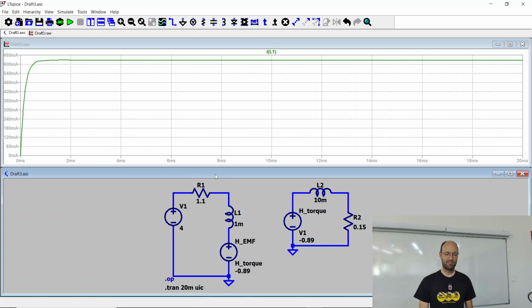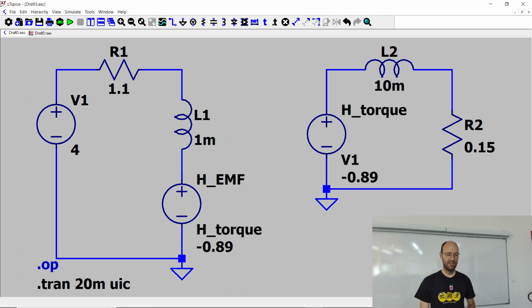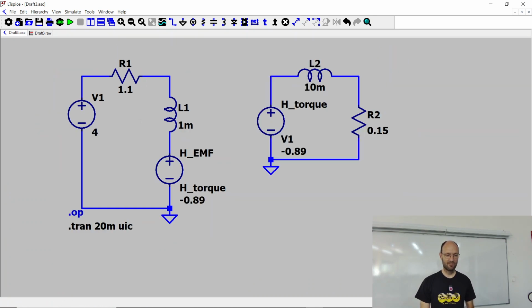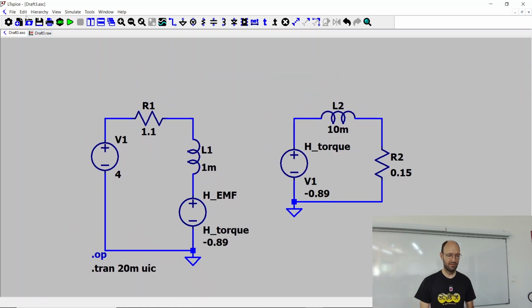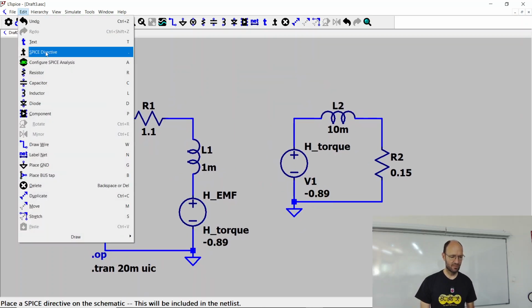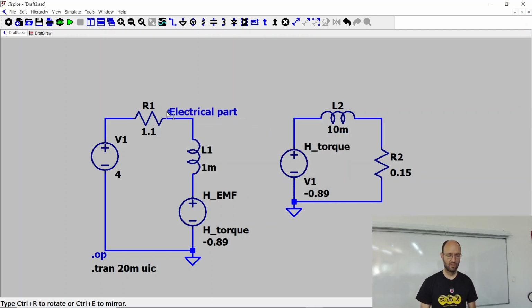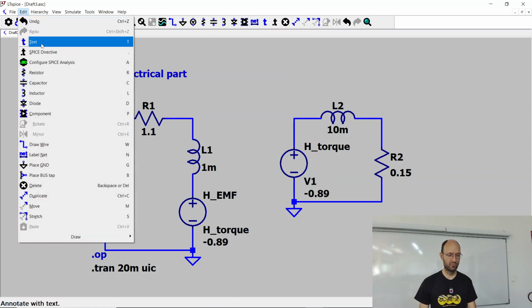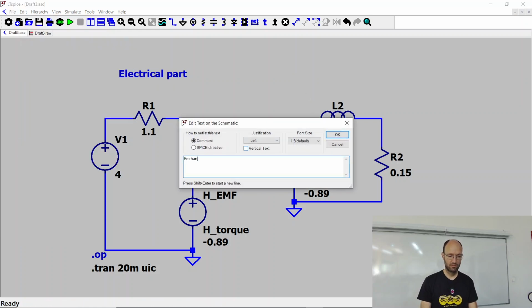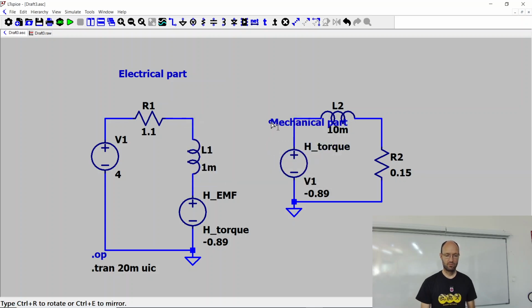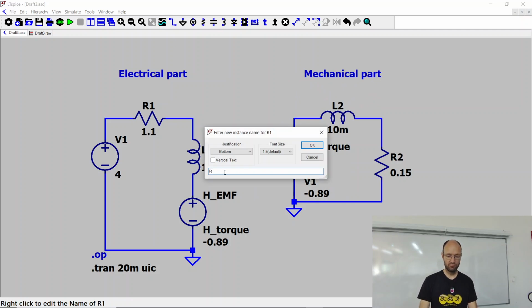So, just as an explanation, maybe I will enlarge this a bit. Now we have the... and I can also put labels here. So add some text. So now we have the electrical part of the motor, which is here, and we have the mechanical part of the motor, which is here. Right? This is our motor